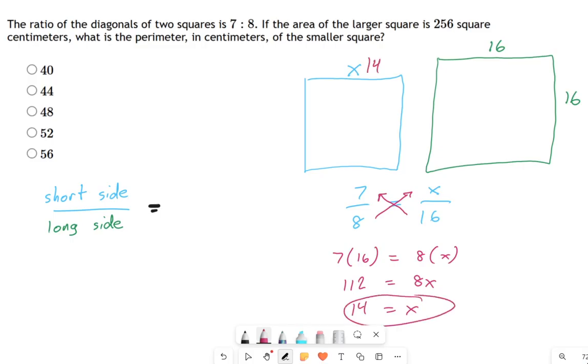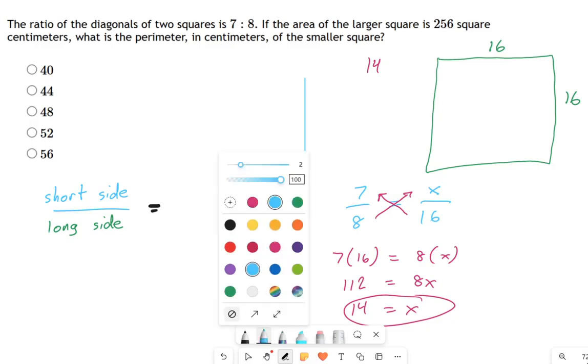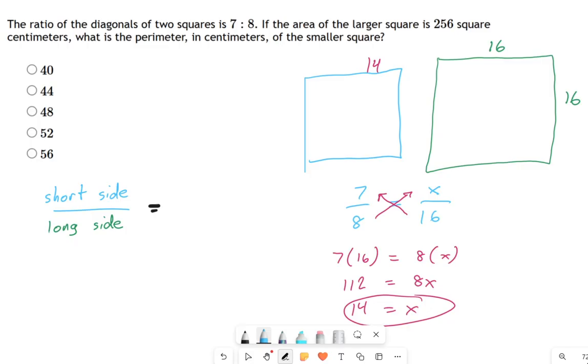Now, could you have gotten this by guessing? Sure, because 8 happens to go in pretty well to 16, right? So we could have guessed pretty well that the big square divided by 2 makes the ratio, and then times 2 gets your 7 back to 14 again. So there's guesswork ways you could get to this, but I think the important thing is knowing how to deal with information that's not too convenient, like the ratio of the diagonals. The ratio of a side to a side is the same as the ratio of the diagonal to the diagonal because they're both lengths, right? They both have the same units of distance.